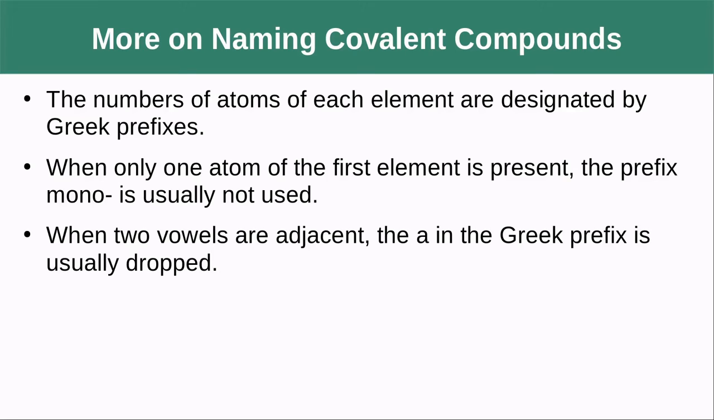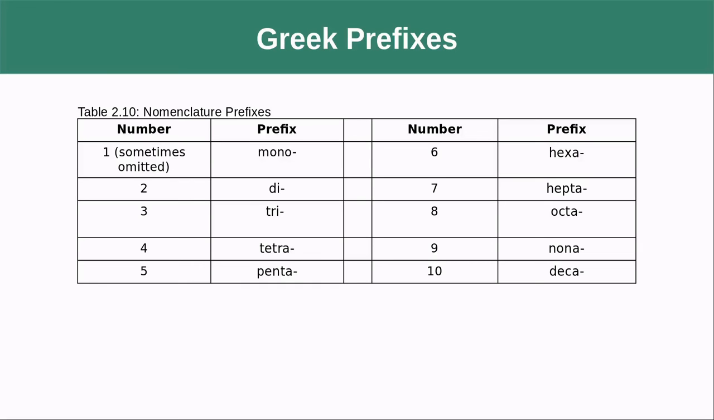And then we're going to have the Greek numbers designated for each one of the prefixes. And we're typically not going to use mono. So if there's only one thing there, we're going to skip over it. And when two vowels are adjacent, so basically when the word looks a little weird because you have too many vowels running together, you're going to drop the A from the Greek prefix. The Greek prefixes that we're going to use here,